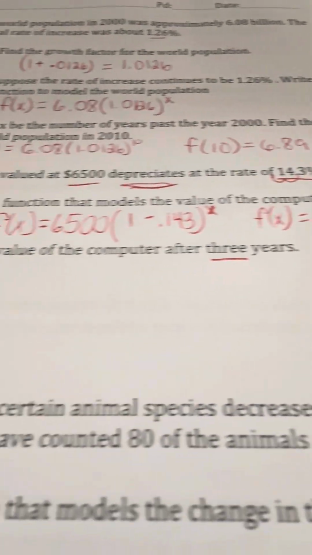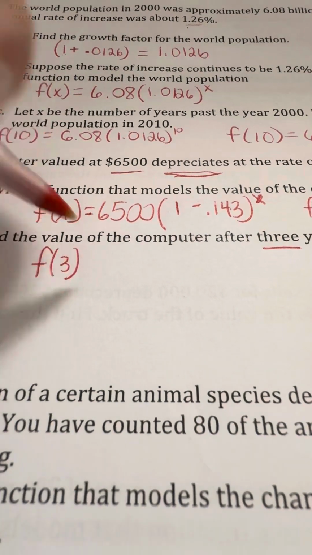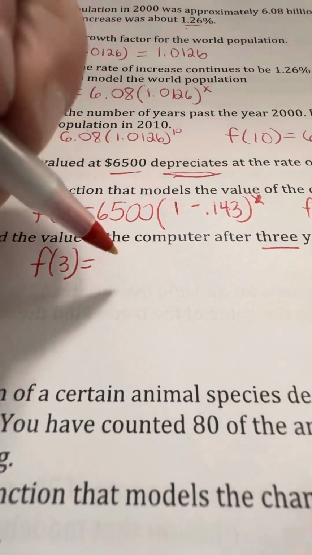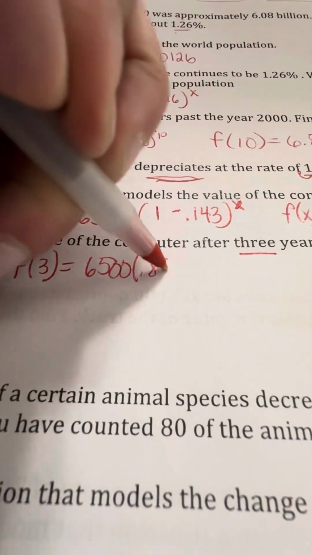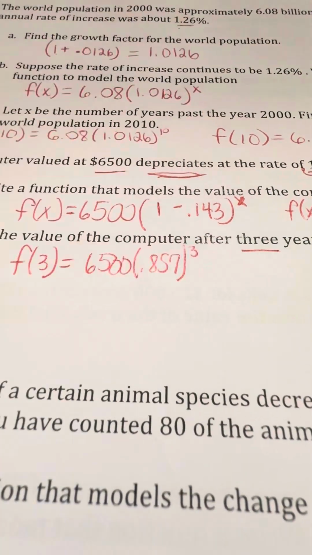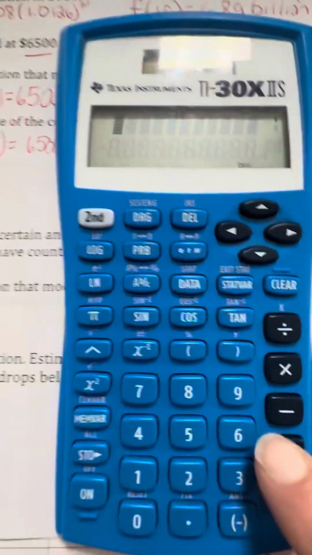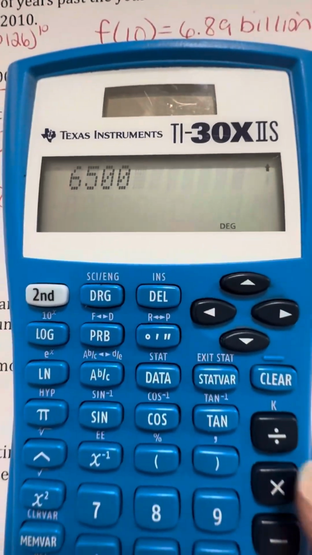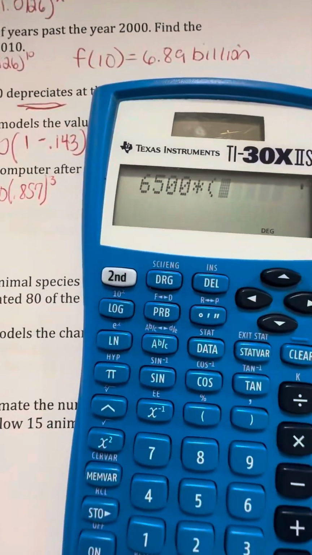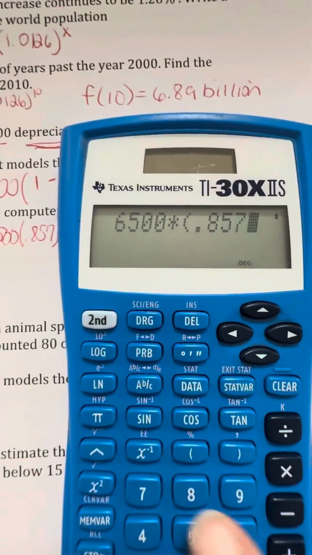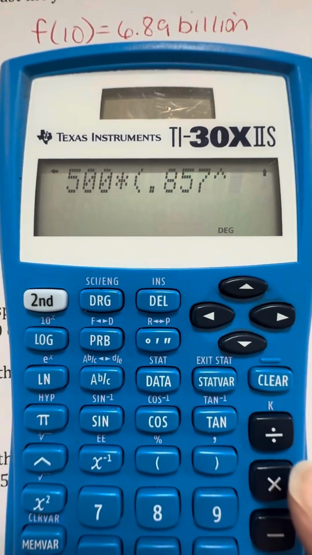So when I'm replacing the value of x with 3 years, I'm going to write f of 3, and then I'm going to replace using that function. So 6,500, parentheses 0.857, and we're going to place that to the third power. So in my calculator, we're going to do 6,500 and then times, and then I'm going to put in parentheses 0.857, and then I'm going to put to the power. We'll do that little button right here, and then I'm going to put it to the power of